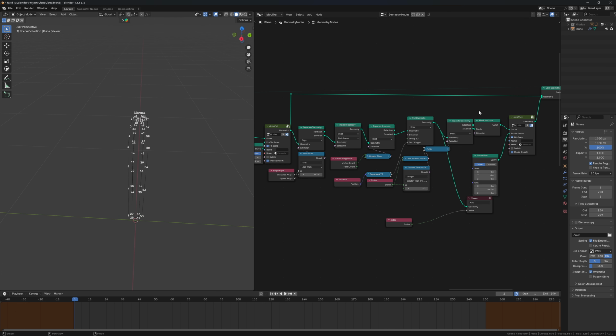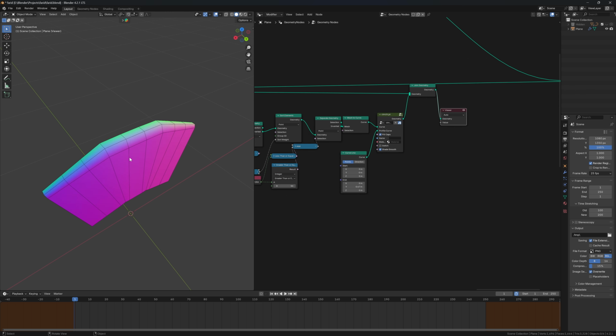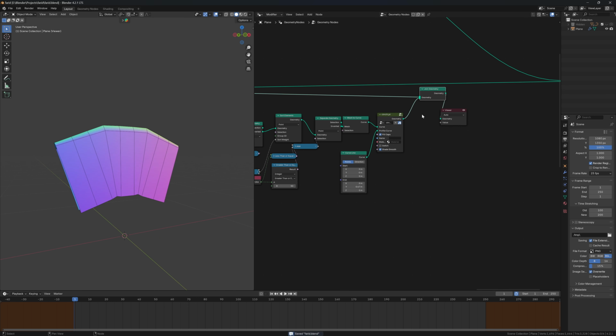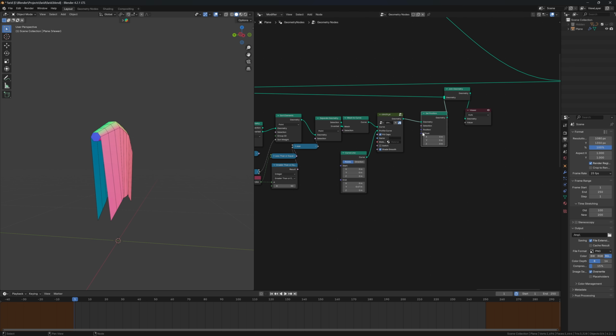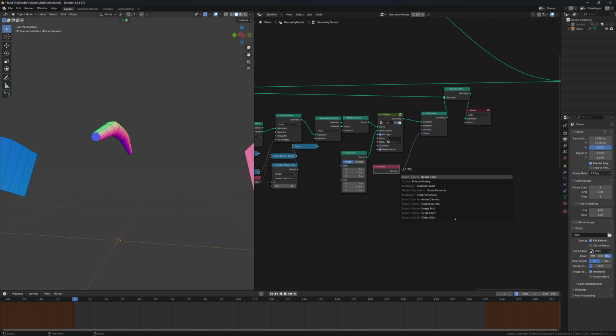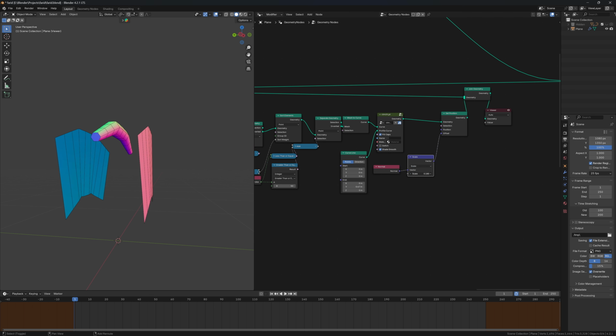Oh, okay, 9 actually, not 8. So we change this to 9 and we have the thing we need. And now we have this going full circle, right? We want to add a set position to, basically, we want to scale this, right? So offset, normal, and scale. Yeah, something like this, but we only want to apply it to the